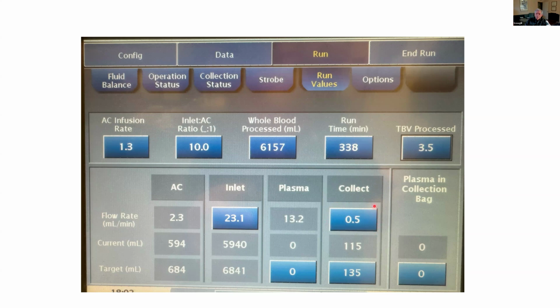And in order to get more cells in the area that we want, let's increase the blood flow rate. And I think we were doing something much lower before. And the blood flow rate is determined by... all of these treatments are done with regional citrate anticoagulation. And this parameter, the AC infusion rate, determines how much citrate is going to be delivered